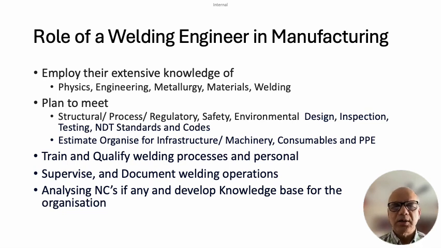Like we will be writing down the speed, whether it is manual or automatic, and then we are going to convert this into the non-essential variables, like how we are going to do the edge preparations, how we are going to do interpass cleaning, the placement of beads in layers and passes, then how are we going to dress up the welding, if there is going to be any repair, how are we going to gouge, which process we are going to use for filling up that repaired portion after gouging. All that will get listed into our WPS,